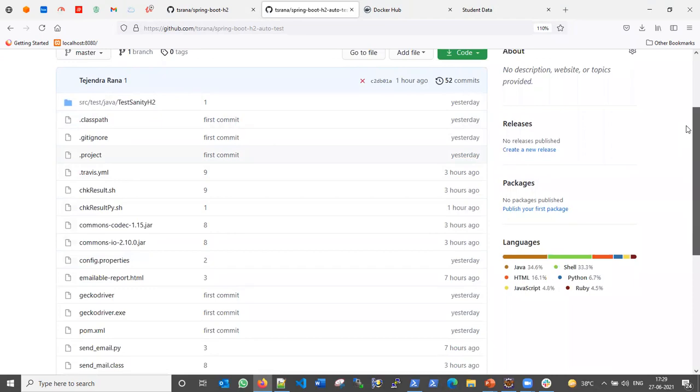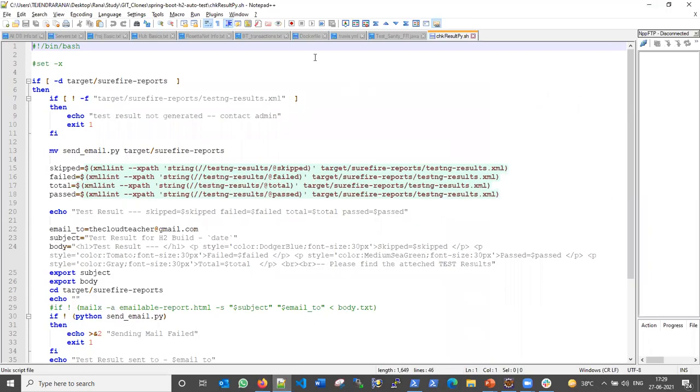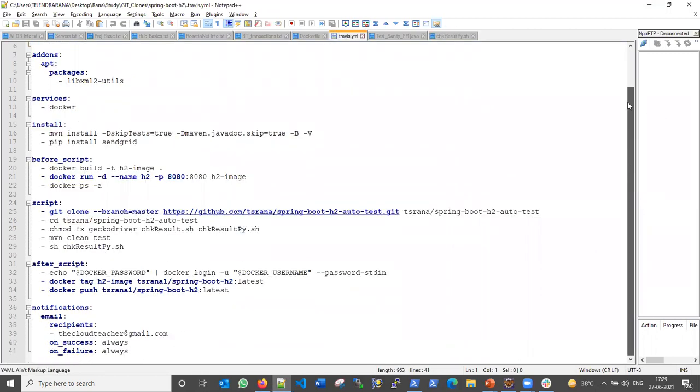So one account is for the testing team, another for the development team. The developer machine has the travis.yaml file. If I show you the travis.yaml file, this is its structure. I will explain everything to you.